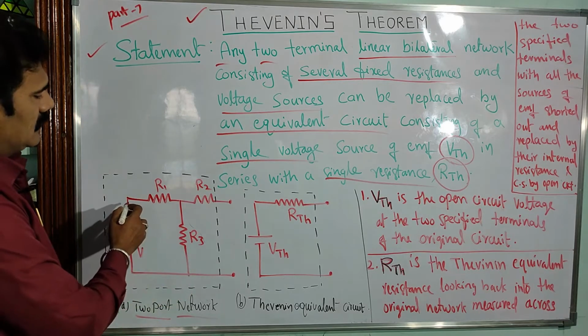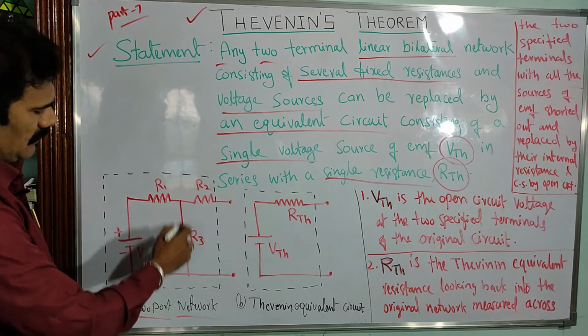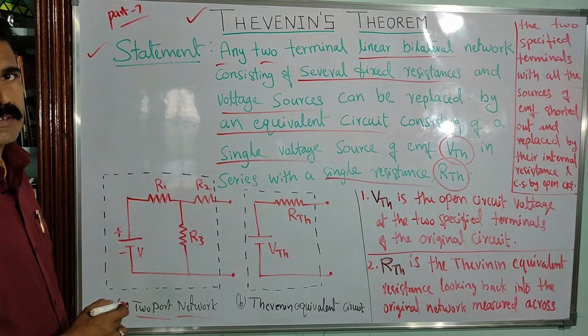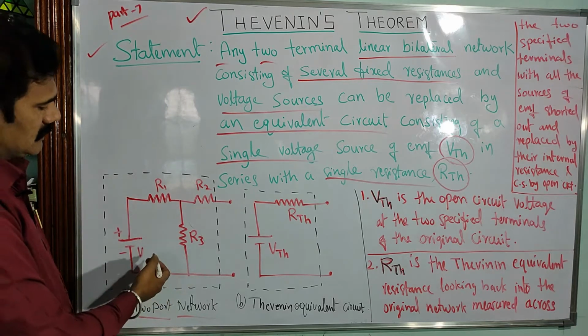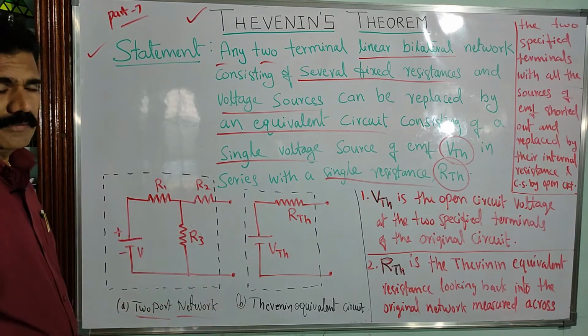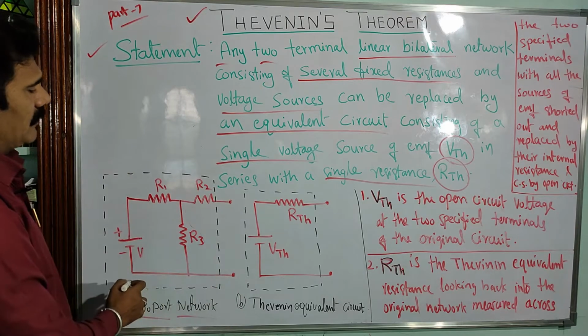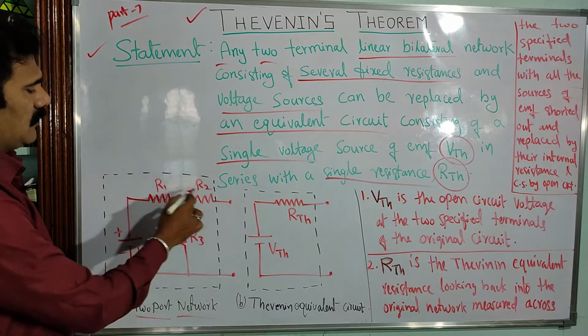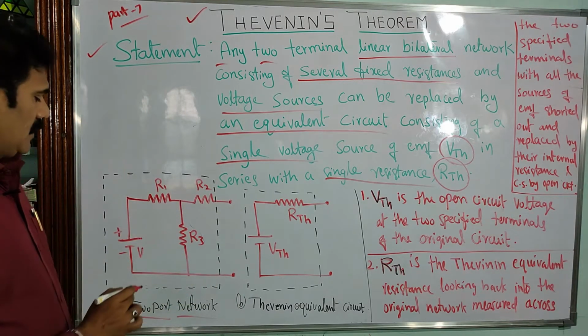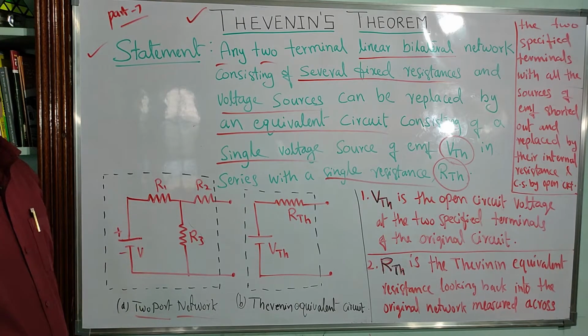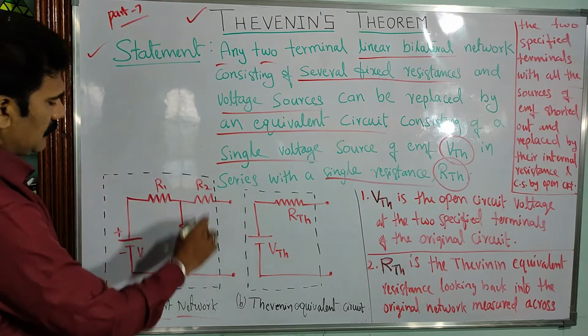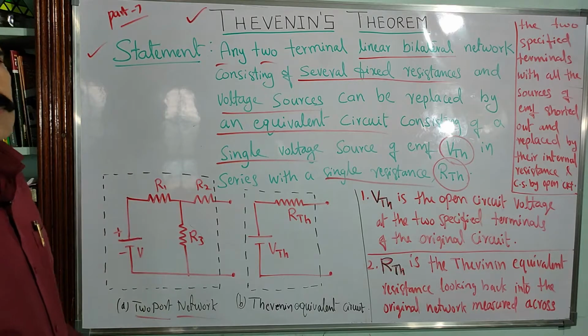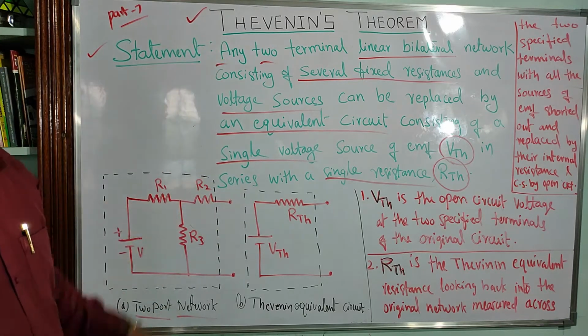You can see there are some resistances here in series and then parallel across the source, etc. It may be in any manner, consisting of 3 or 4 or 5 resistors. In this simple example I am considering a network consisting of only 3 resistors and only one source. Now how do we replace this kind of circuit with a simplified network according to Thevenin?